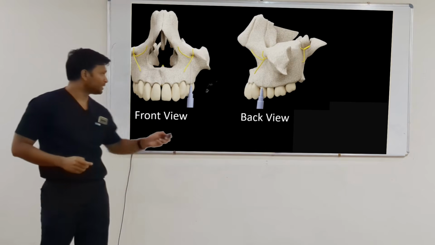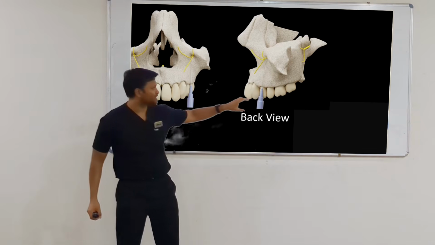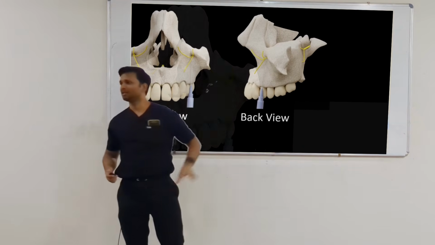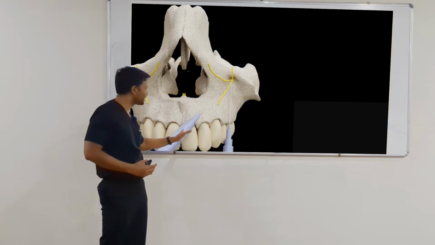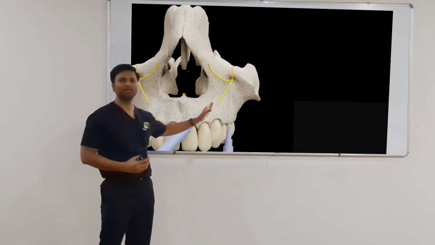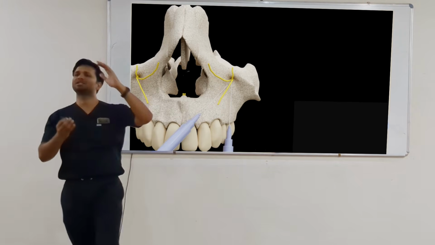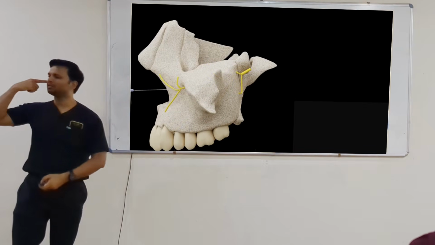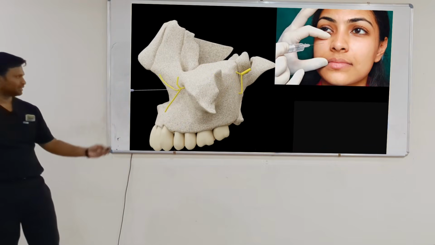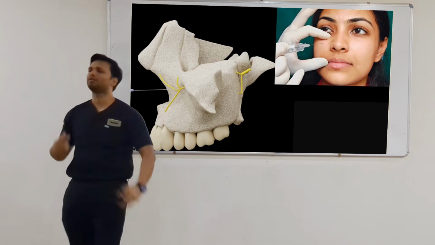Now, remember this. The reason it is preferred to use the first premolar is because it is the shortest path. But if you want, you can insert the needle from anywhere from the central incisor to the premolar. You can insert the needle from anywhere. The reason we prefer the first premolar is because it is the shortest path. Okay? In fact, if you want, you can insert the needle through the extraoral approach. There is a technique, but the problem with this is it is going to be psychologically traumatic to the patient.